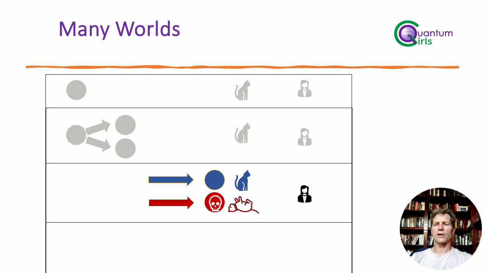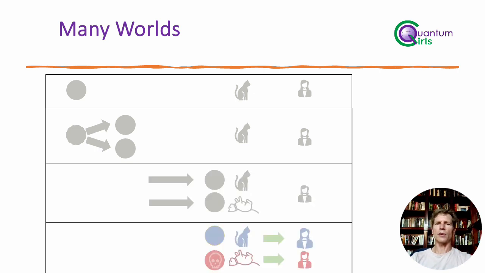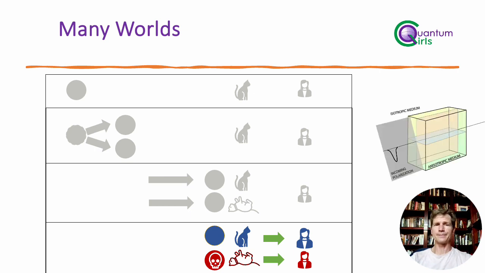So the observer then looks in the box, and the observer joins the cat. There's one observer now that sees the live cat, and there's another observer that sees the dead cat. So the observer is just in a superposition, but to each of those observers, it looks as if only one thing has happened. The observer never sees a superposition of cats. It never sees the cat dead and alive at the same time. It just sees one or the other. It's just that there's now two observers.